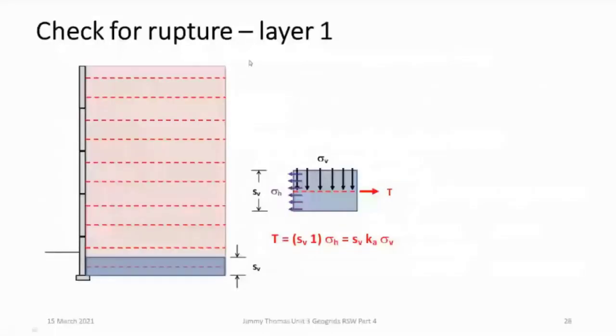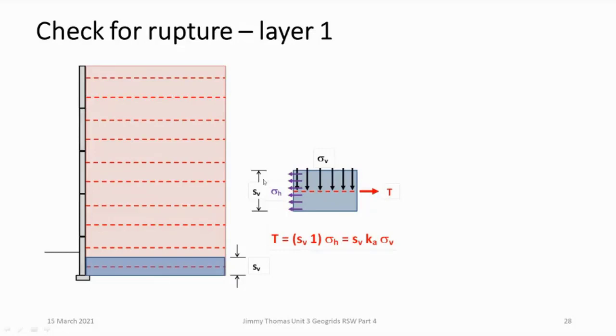So basically the idea is that at any level we calculate the vertical stress. Then the coefficient of pressure times the vertical stress will give the horizontal stress. Then for each reinforcement, we get the tributary area. That means, suppose I take this layer, we take the midpoint of these two, then the midpoint of these two. So that will be the contributory area, and this reinforcement will resist within that.